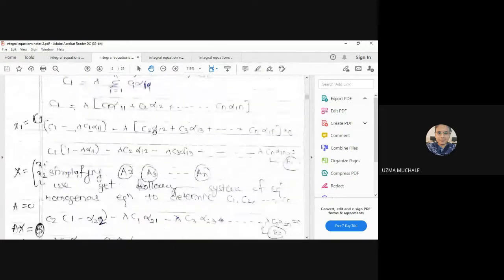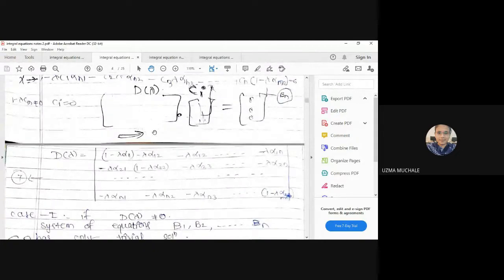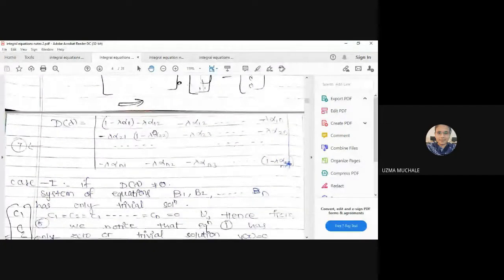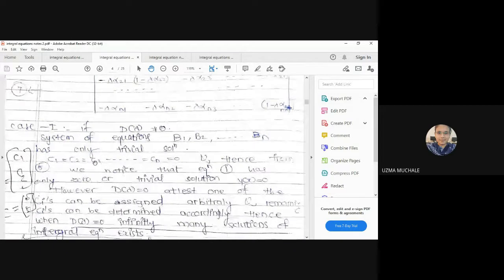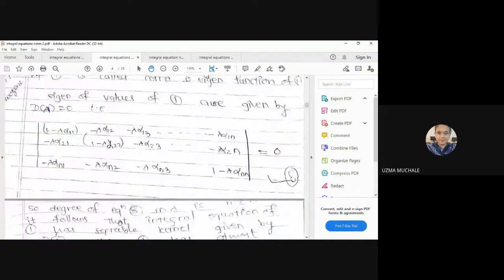So here, as it is homogeneous, it will be of the form Ax equal to 0. And you already know, for Ax equal to 0, whatever the value of that determinant is, if the value of that determinant is non-zero, that is the first case. If it is non-zero, we will get the trivial solution. If it is equal to 0, then we will get the non-trivial solution.